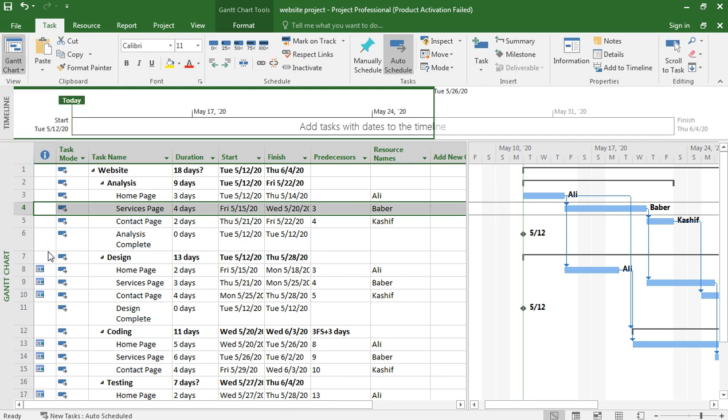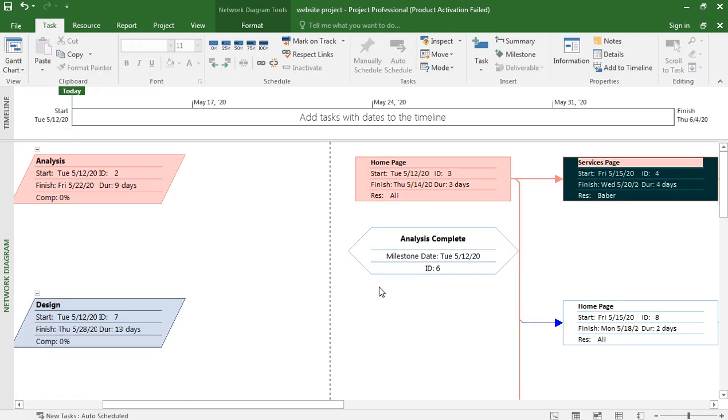And if I go to project, and I go to task, Gantt chart, this is the network diagram.